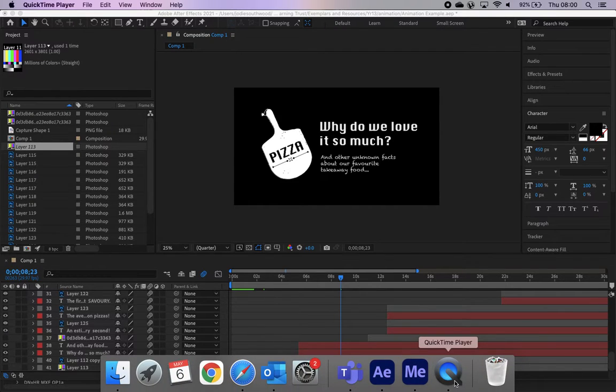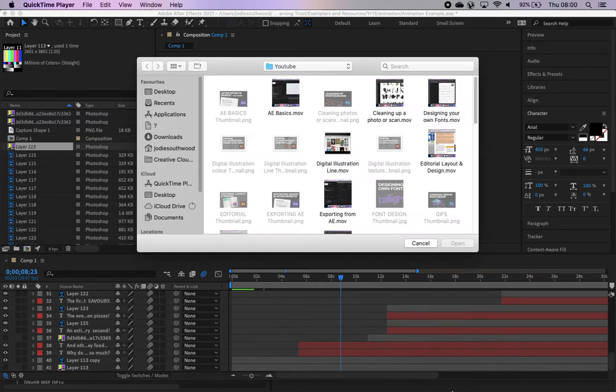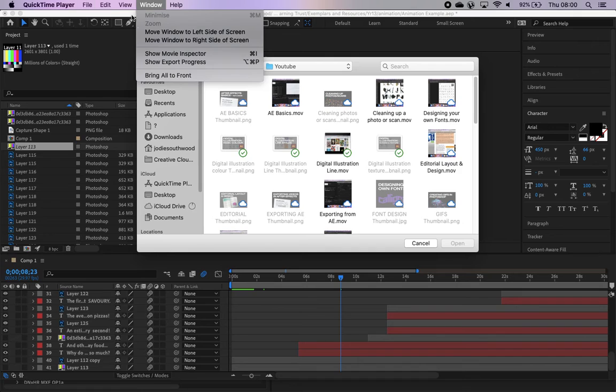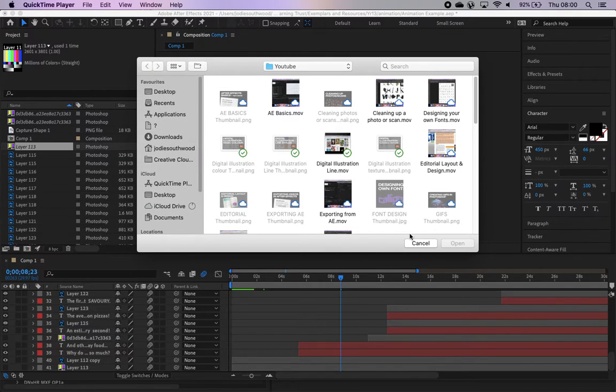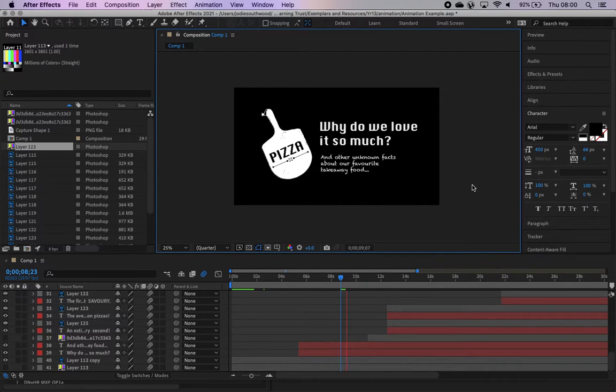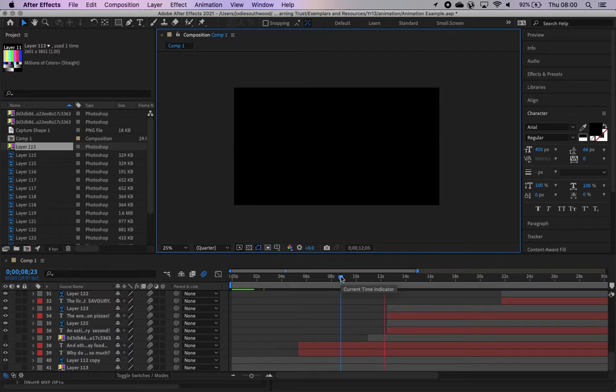Obviously, you can screen record it if you want a way of screenshotting or showing what's going on. So you can do QuickTime Player, File, New Screen Recording, and then it will come up with an option to record the screen, and you can draw around the bit that you want, press record, and then you can play through your video and it will record what's happening on the screen for you. So that can be a good way sometimes just to quickly get a view of what's going on in your work and then record it in some way